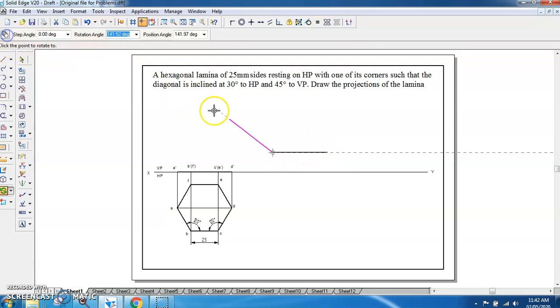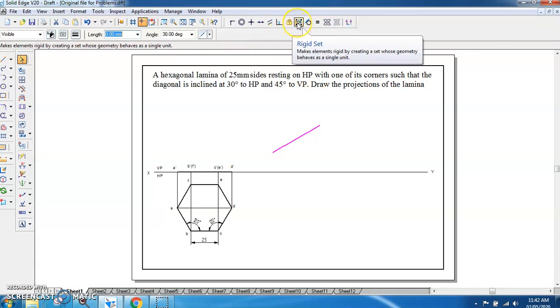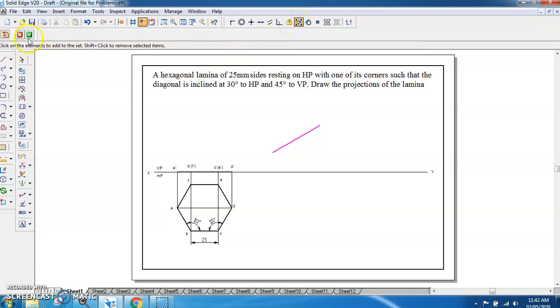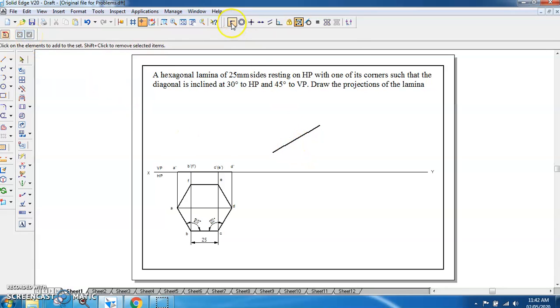I don't want a copy; I'll give the rotation angle as 30, enter, and place it. So you have rotated it by 30 degrees. Once you do this, you have to make the rigid set. Click on the rigid set and click on this check cover. So now it has become a rigid set.